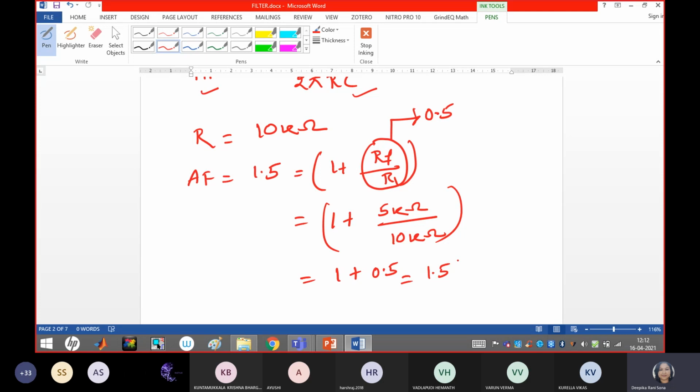It is very simple, and this procedure you only have to apply for the next order filter, because what is the gain magnitude voltage, V naught by V in? That you have to remember for all types of filter, and you have to remember the design steps. Like for this case, some specifications are there. If you remember that, that's enough.